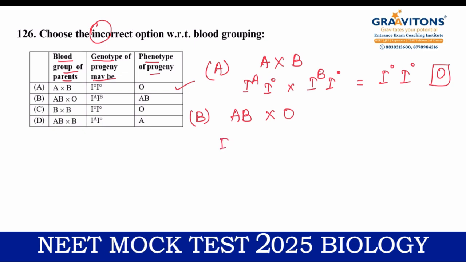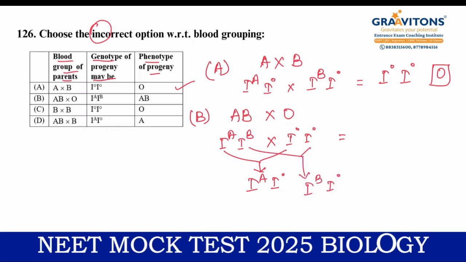So AB possible genotype is only 1 and O also possible genotype is only 1. So here the possibility they have given AB. So whether it is possible, never. So we can have only these combinations possible for the